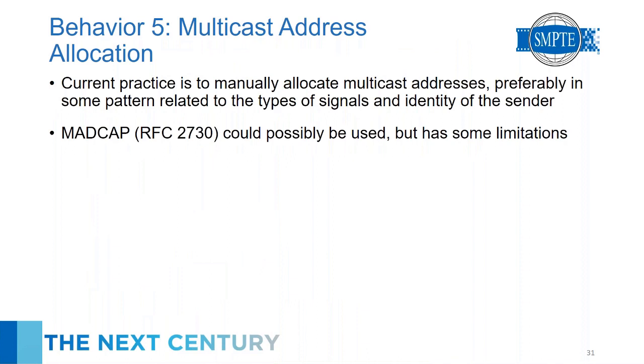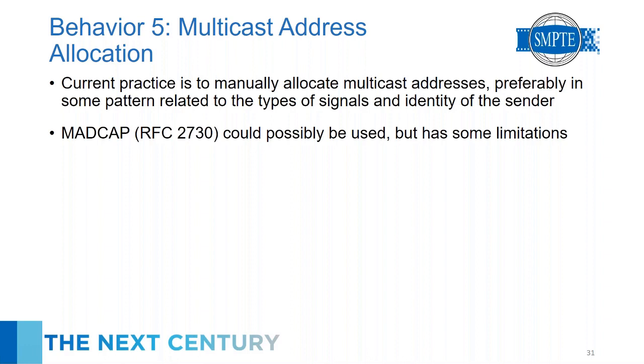Now, the last big thing we had to wrestle with was multicast address allocation, because every system we've deployed so far with 2110, the multicast addresses have been manually allocated. So there's a big spreadsheet. There's a pattern that says 239.room.rack.something, or every facility has kind of a different way they want to organize the address pattern. And that works. I mean, it's tedious, but it works. But it is a bit tedious.